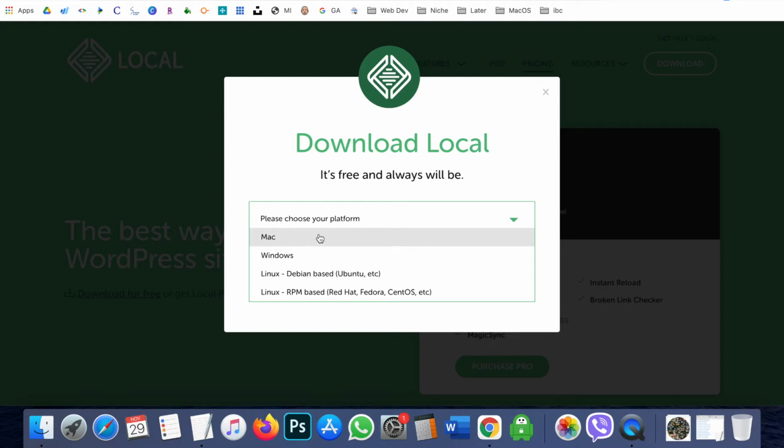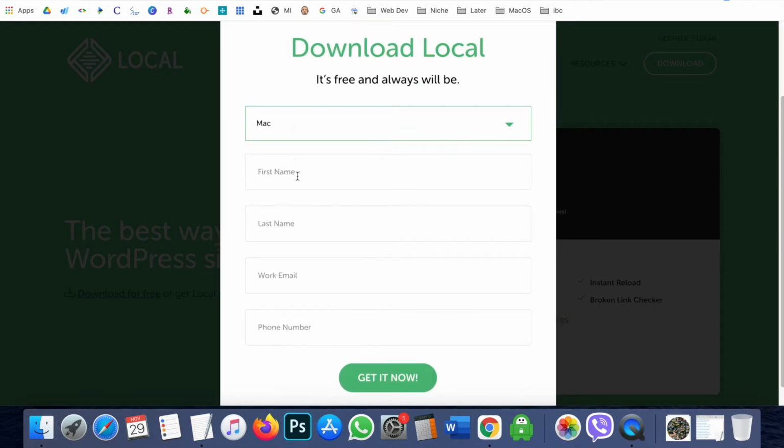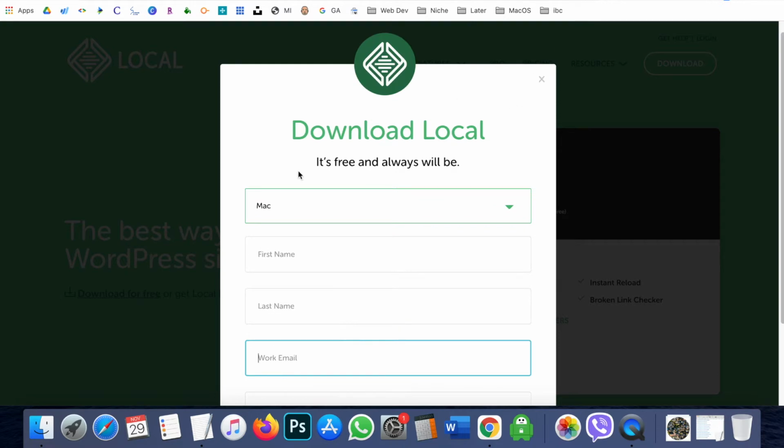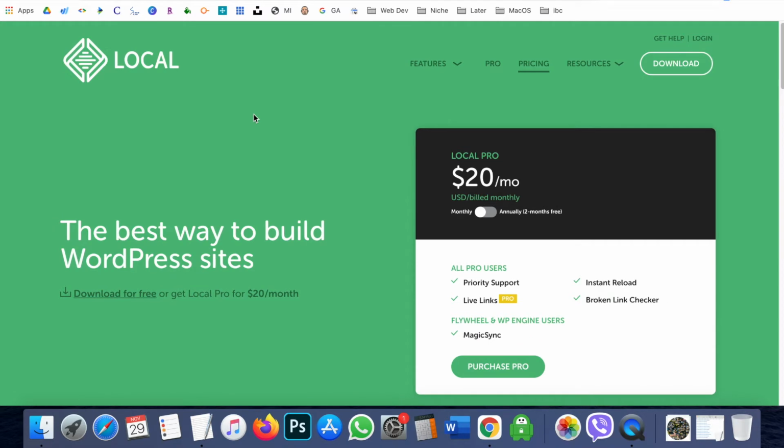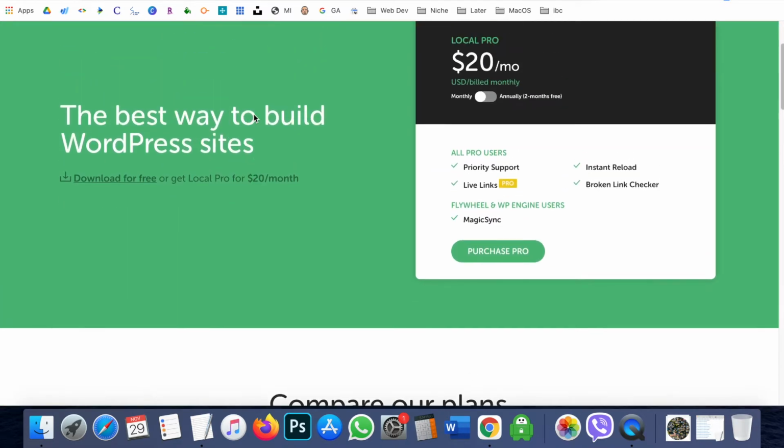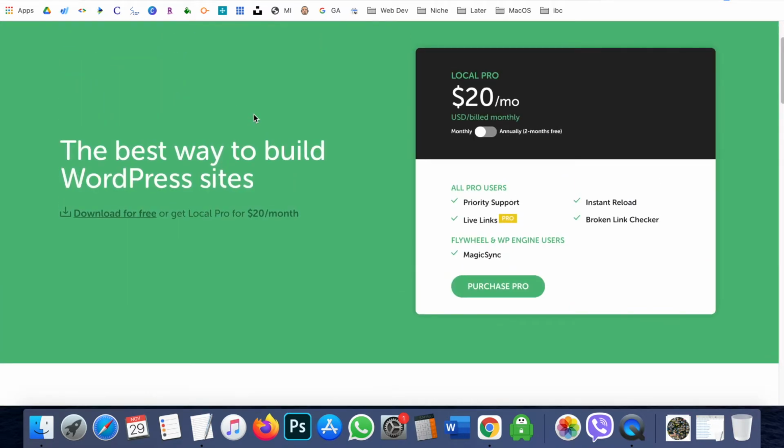I am using Mac, and then you need to put your first name, last name, you can put your work email, right? And you don't have to put a phone number. I don't need to put it anyway. And then it will download, and then install like a normal application.